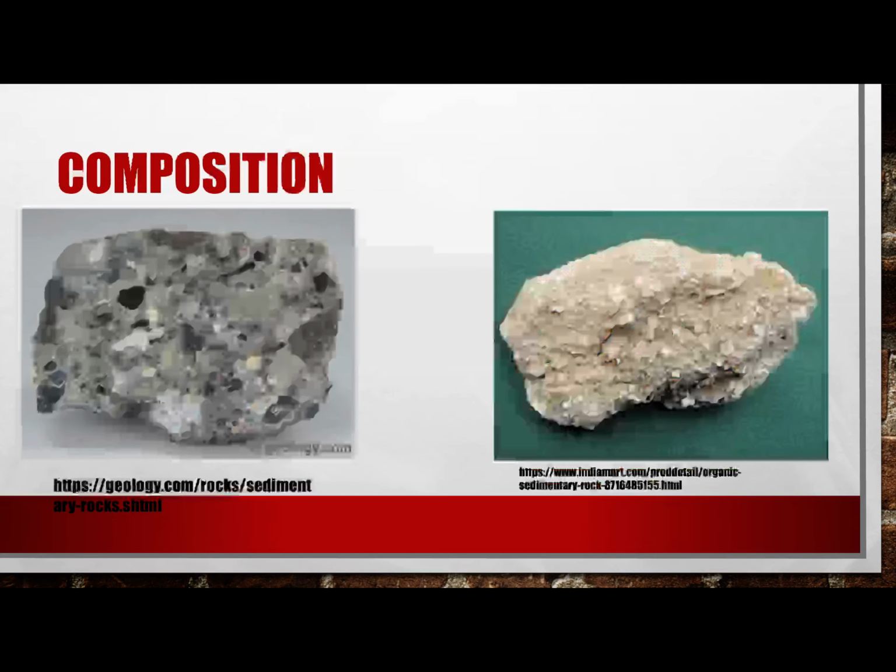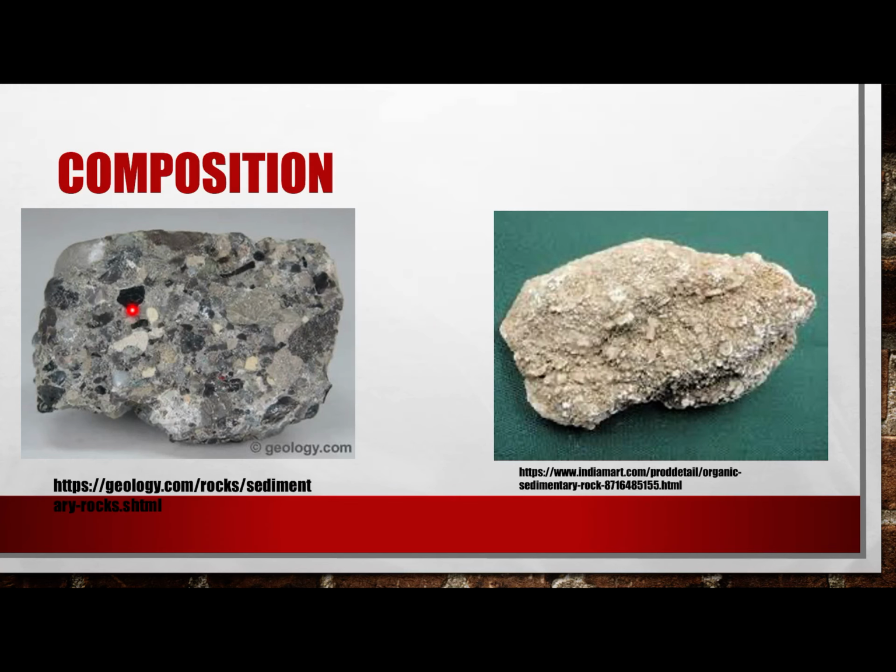For composition, if we get into the different ways they're put together, you can have some that are made of organic sedimentary rocks. They can be formed by the remains of living things, could be coal, could be limestone, good examples here. It could be clastic sedimentary rocks, little chunks of rocks that are put together that all get packed in around each other. The chemical sedimentary rocks we mentioned on the last slide, those were the ones where the salt or the other chemistry changed and it got left behind.